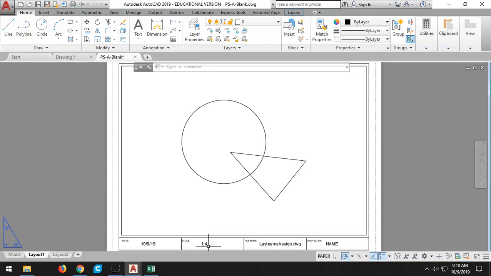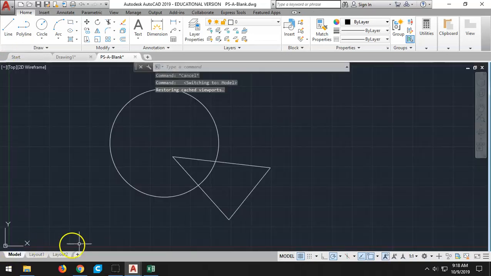Scaling it up in order to get back to full size in their regular drawing. And they know what the file name is that they're looking for and as an attachment and things like that. So normally, when we have a title block like this, or any drawing in model space, we will use what